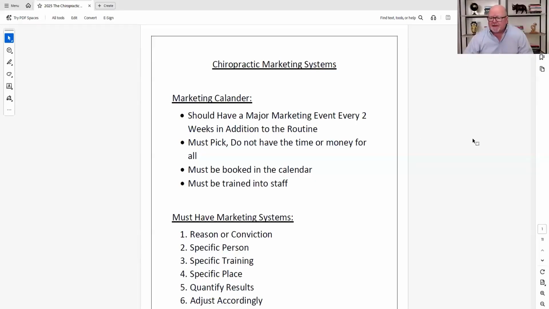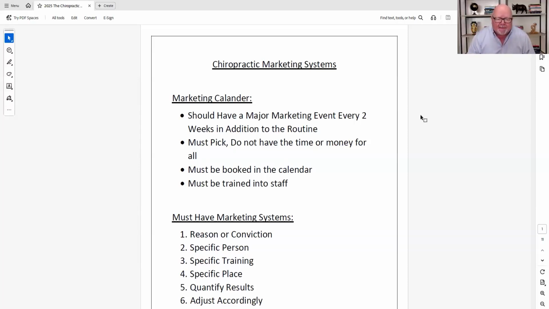Okay, so you should be able to see that. Now, remember, when you do the marketing calendars, there are a couple of major points you want to keep in mind. Number one, you do it for the year. You don't do it for 3 months. You don't do it for 6 months. You plan it for the year. And if you need to modify and adapt as you move through the year, you do that. But one thing you don't do is not do a marketing calendar. I mean, not the number one reason, but it's one of the major reasons you'll fail: you just don't plan to succeed. And a marketing calendar is planning to succeed.